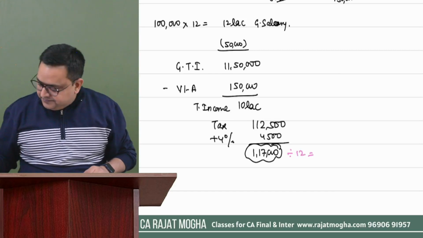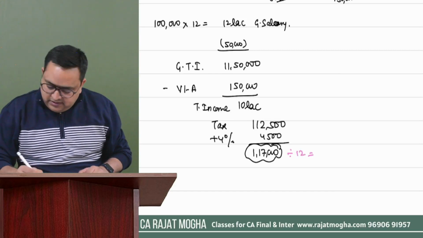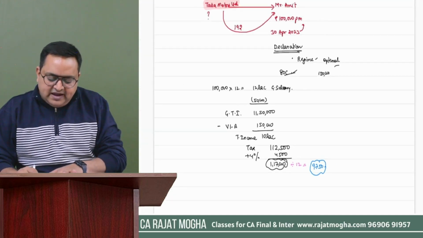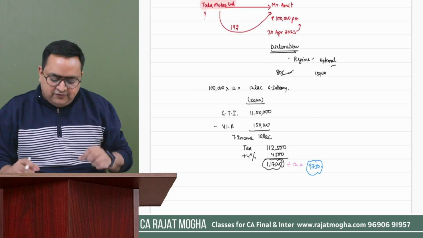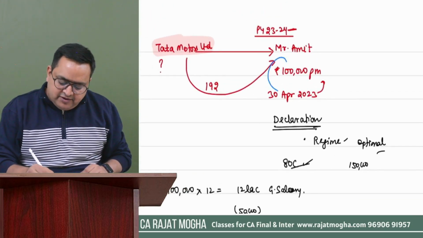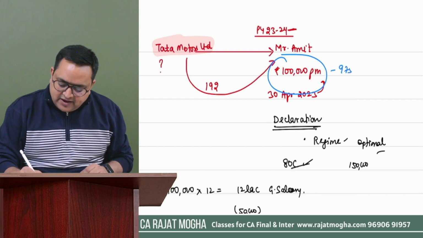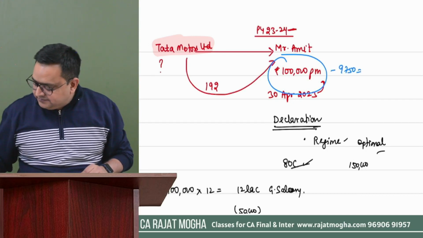It would be 9750. So 9750 we will be deducting in the month of April. When we were giving him a salary of 1 lakh in the month of April, we will deduct 9750, and this would be